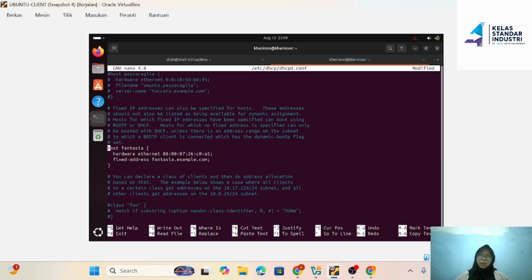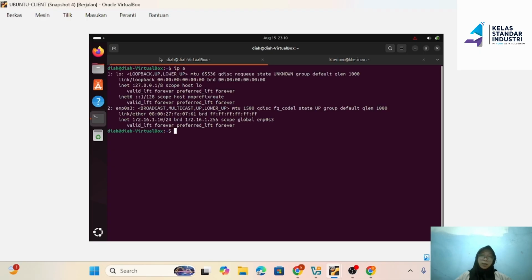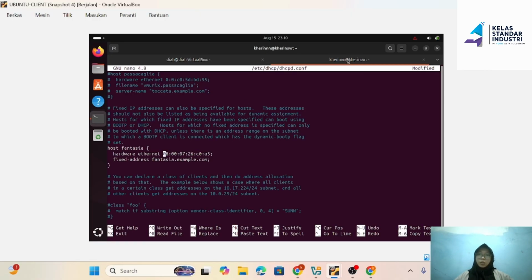After that, we need to update the hardware ethernet line. Check the MAC address on the Ubuntu client first by typing ip a. Enter. Copy the link/ether this here. Alright. And paste it to the configuration file on your Ubuntu router.